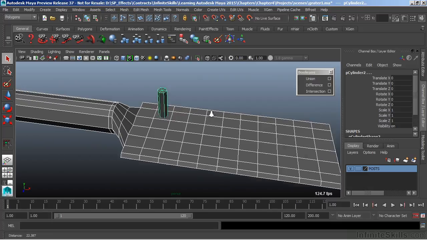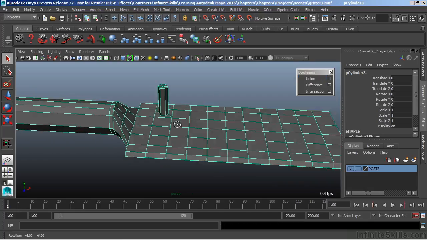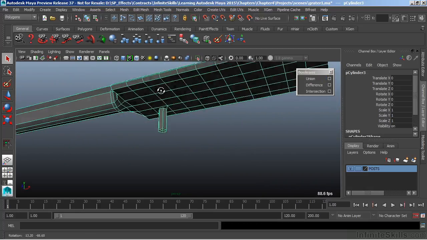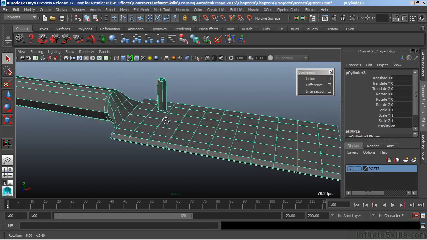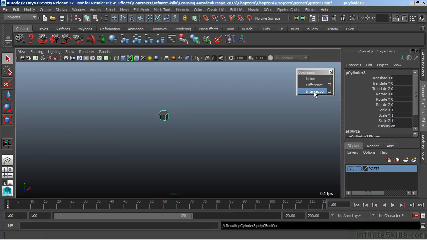Let's just talk about this for a second here. So our first operation is a union. This will add our geometry together. This one, it doesn't matter the order that we select. If I choose union, it simply joins that cylinder and makes it part of our cheese grater object. Then at the bottom, we have intersection. Now an intersection will give you the resulting overlap of the two pieces you have selected. So if I choose intersection, we'll just end up with this small little bit here that was inside of our